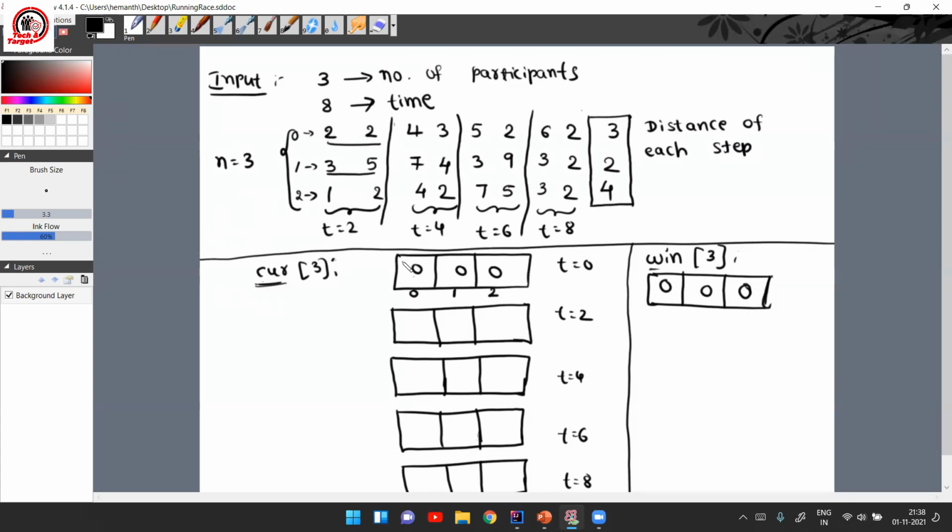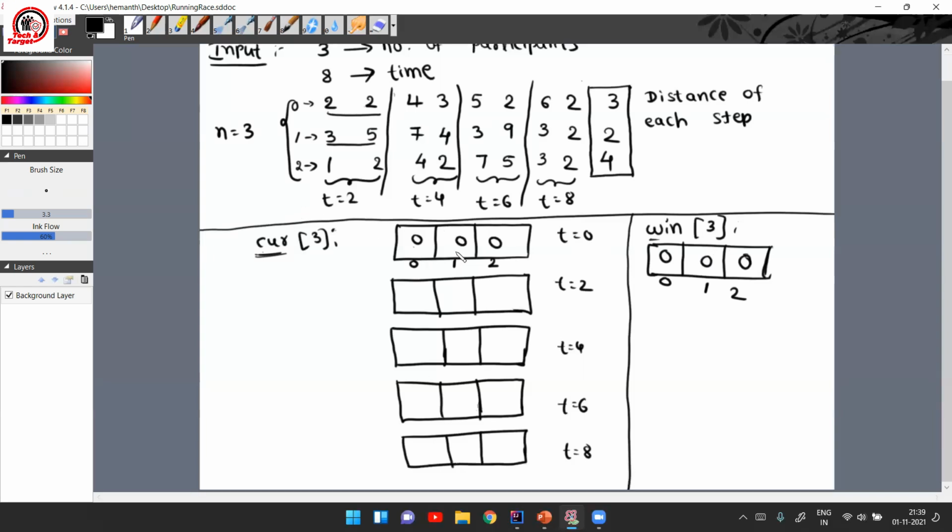Now, after each iteration is done, after I fill all of these values, I'll find out which person has the maximum number. So if, for example, person 1 has the maximum distance traveled, then I will go to the winner array, and since that person has covered the most distance, I'll go to index 1 of the winner array and increment the value at that index by 1. Very simple, right? So this is what we are going to do. We'll move forward and you'll understand better.